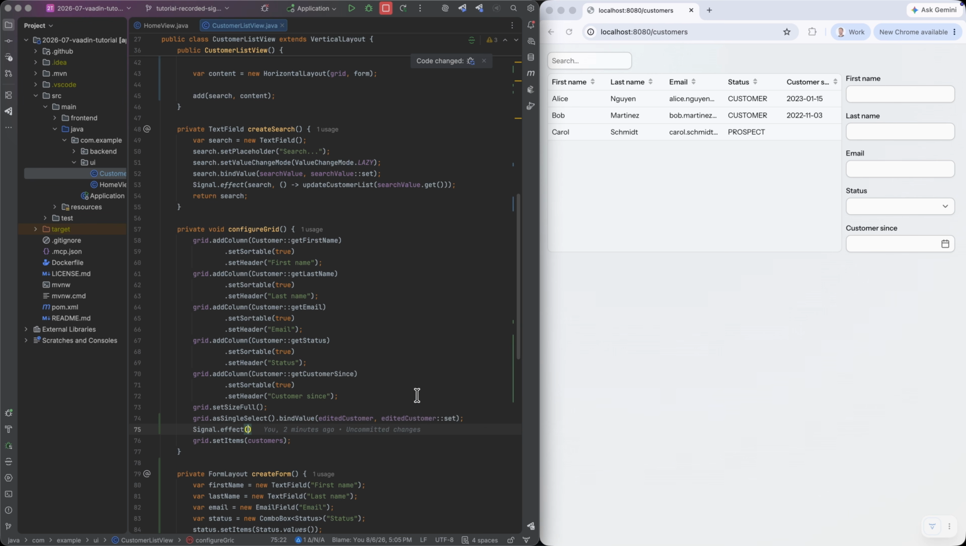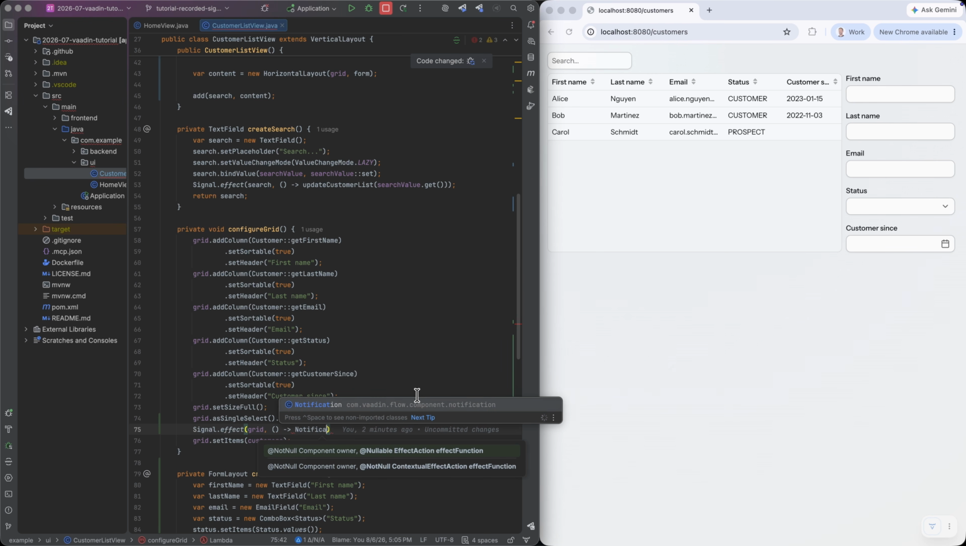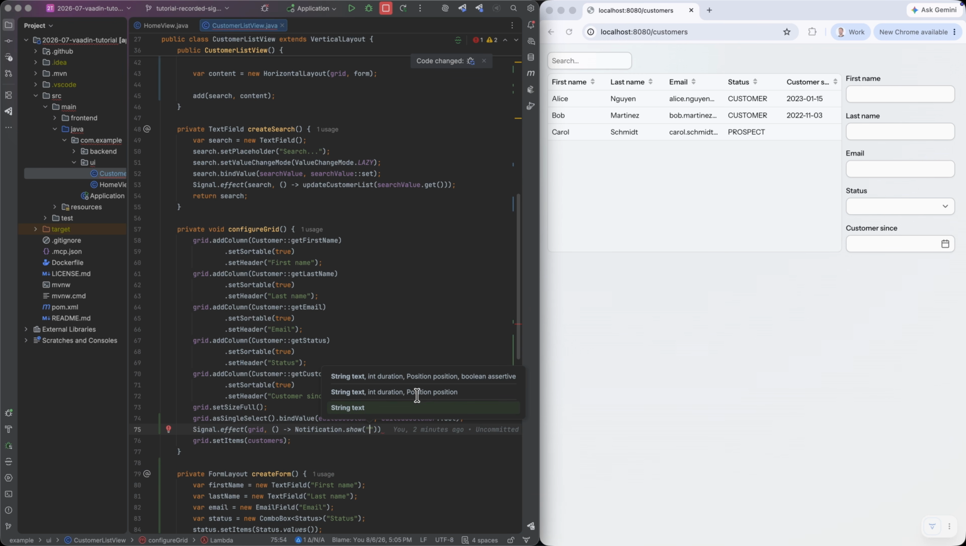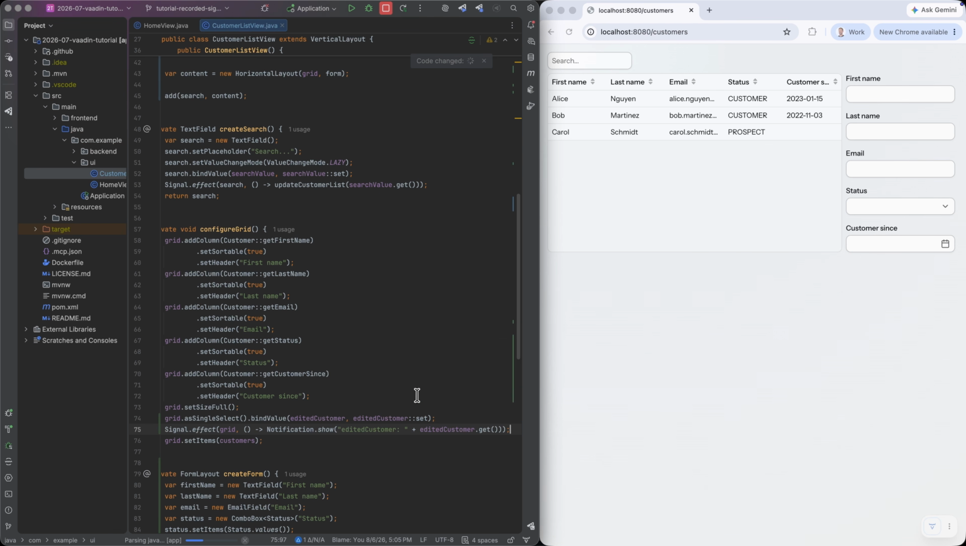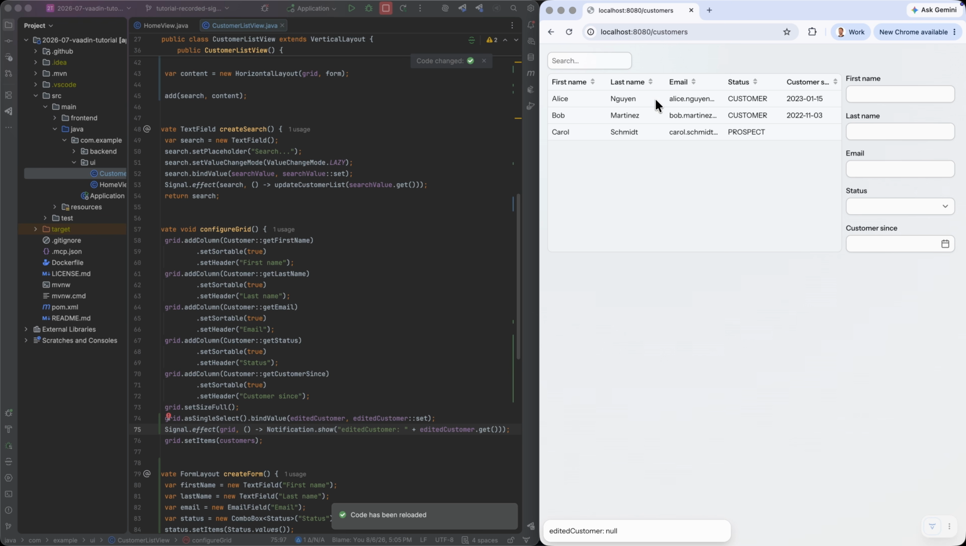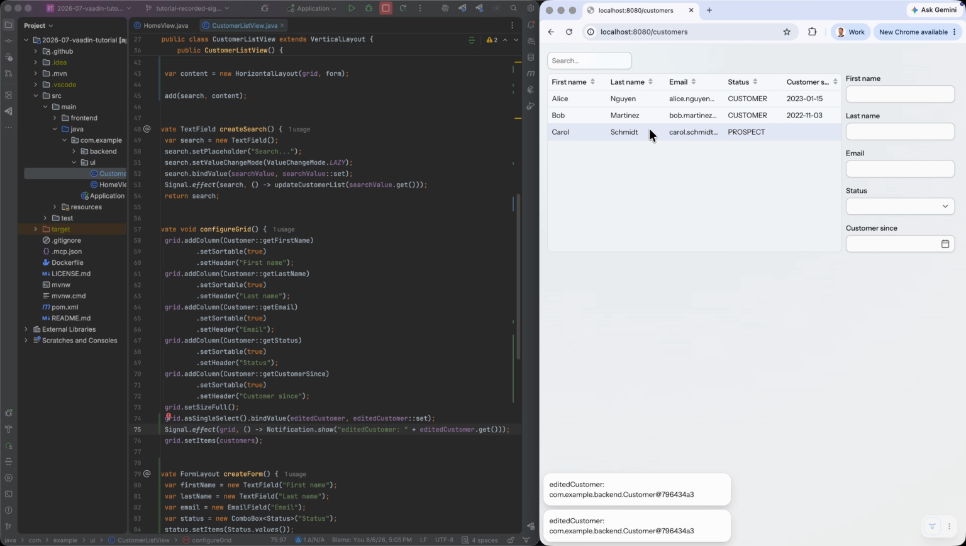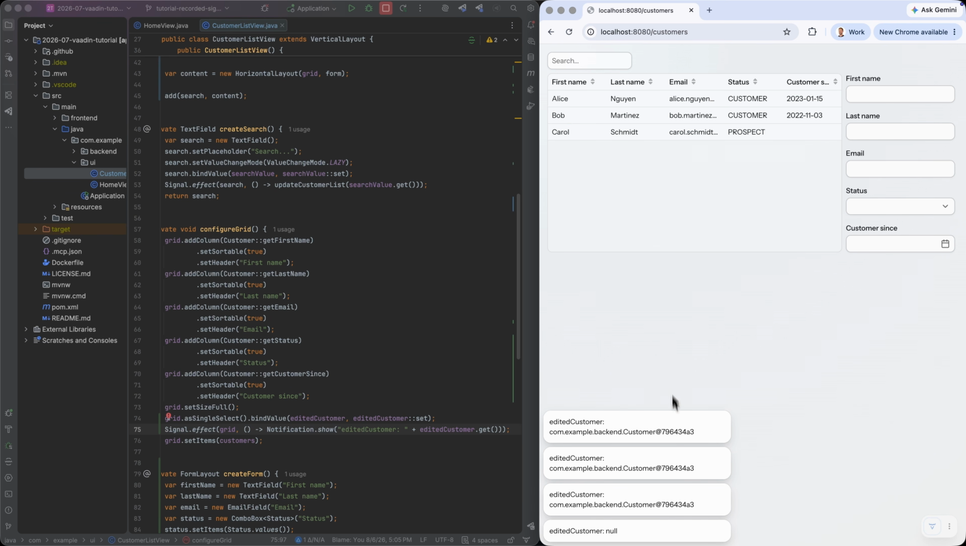And just like with the search field, we want to listen to these changes in selection by using the signal effect mechanism. So let's add a new signal effect here, and we'll just have it pop up a notification so that we know it's working. And remember, we need to call the signal.get method in order for Vaadin to know that we want to rerun the signal effect each time the edited customer signal changes. So now if we hop back to the browser and we click a row, we can see the notifications popping up. So we know that we have indeed bound our new edited customer signal to the grid selection, and that